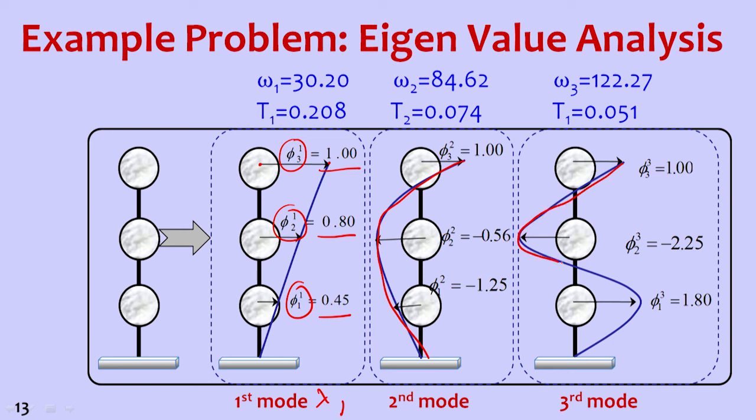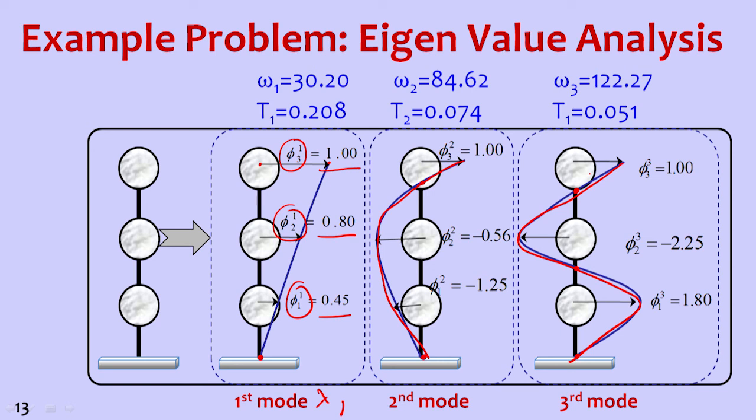So these are the mode shapes for the third one. Here we can see that for the first mode it will touch the vertical axis at only one point. For the second mode it is touching at the first point and at the second point, and for the third mode we are touching the vertical axis at the bottom, at the middle one and the third one. So this can be a cross check for the calculation of the phi values.